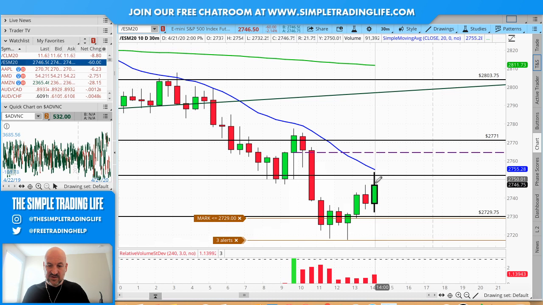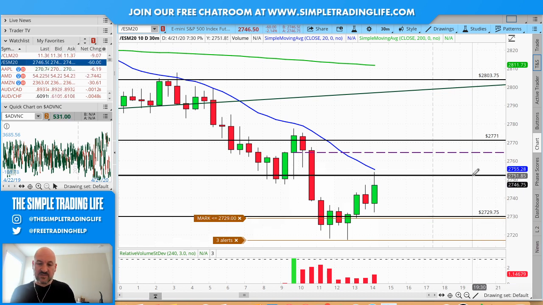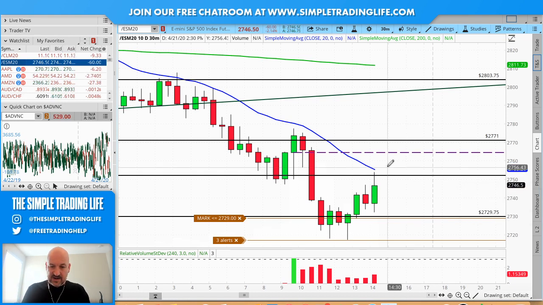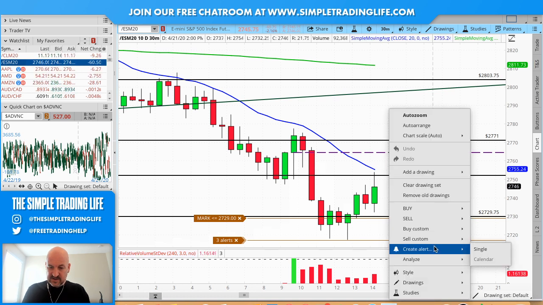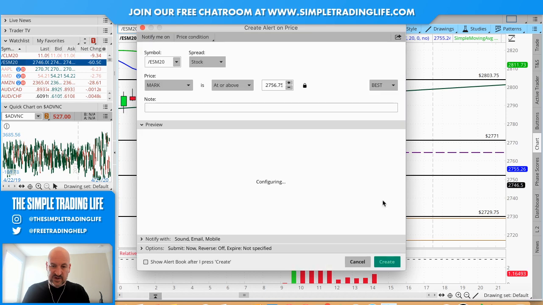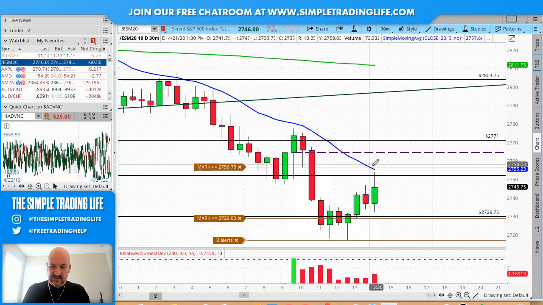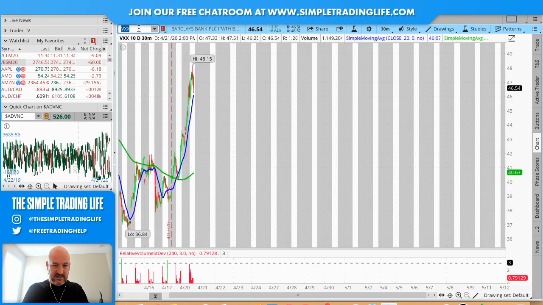Okay, so right now you can see it's sort of selling back. So we are struggling right here with this resistance level. And this is 27.52, by the way. All right, what we'll do, let's set an alert just above the 20 here. Because if this alert goes off, we'll know not only did it get through the resistance level, it'll be above the 20. All right, so Infamous wanted us to look at VXX.